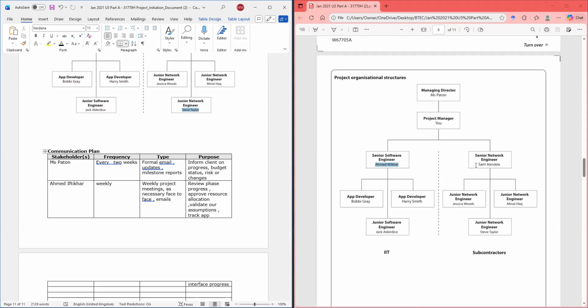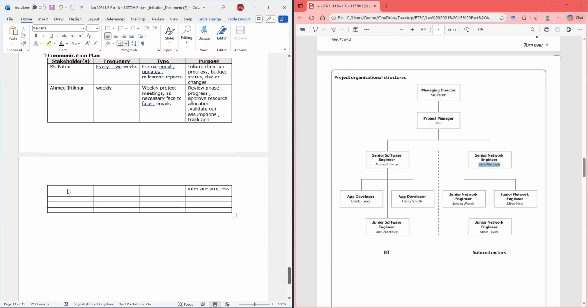Then the other one would be Sam Mandela.